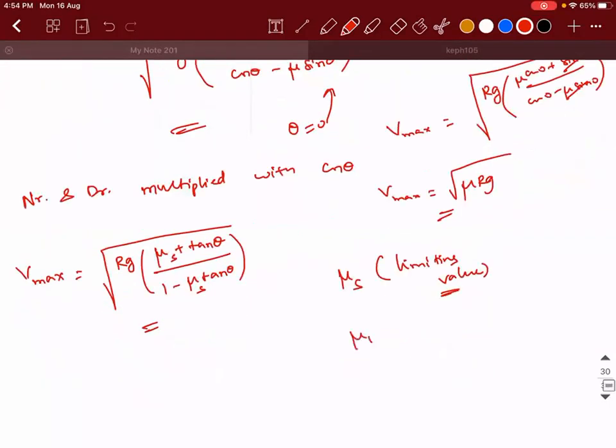The other two types of friction are kinetic and rolling. Kinetic, you know, right? So mu k is the coefficient of kinetic friction. That is when the object is in motion, or I can say sliding. Sliding is translatory motion. So what is mu r? Coefficient of rolling friction. That is when the object is rolling. So what is the relation between them? Mu s is greater than mu k is greater than mu r. That's it.